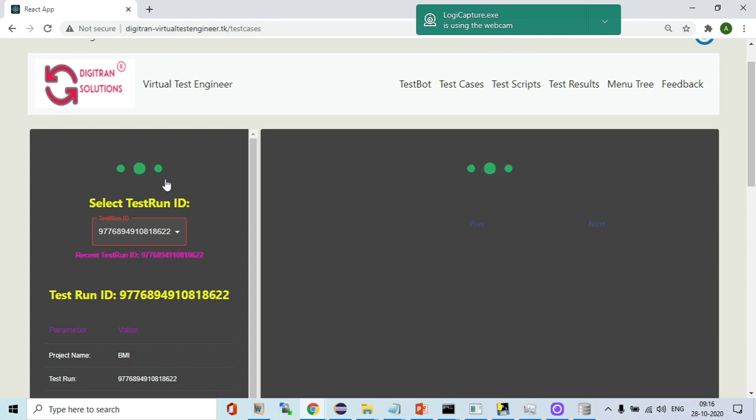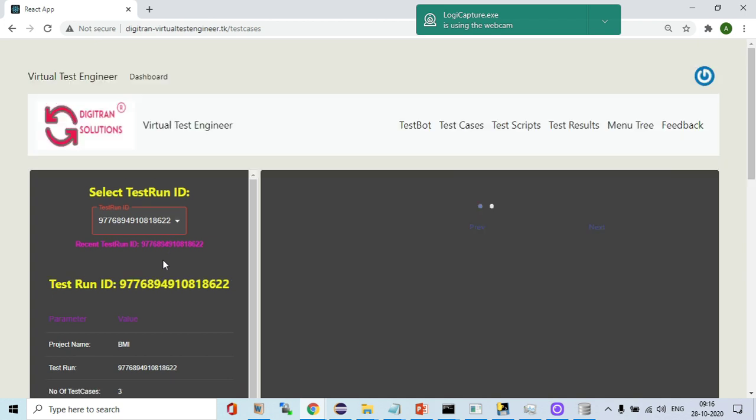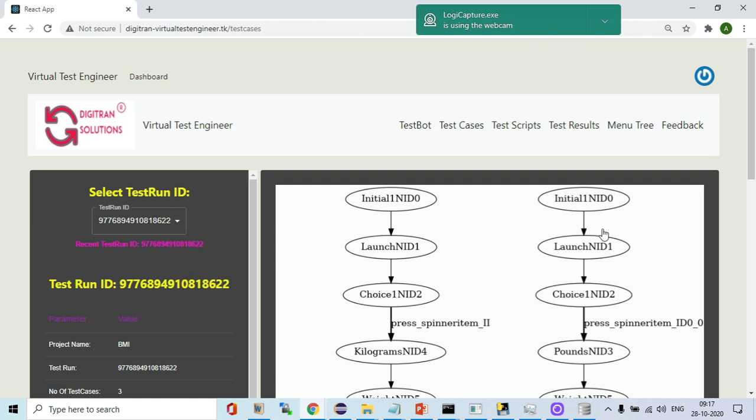The first test case, the recent test case, is 97768. This is the test run ID. It is a 16-digit unique ID. So you can click on previous, next. The buttons are there. Just click on this. You can see the test case displayed here. It's an auto carousel, so it displays continuously.